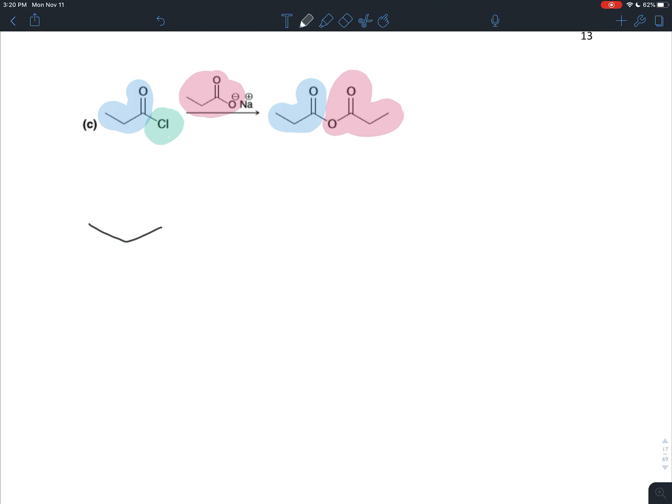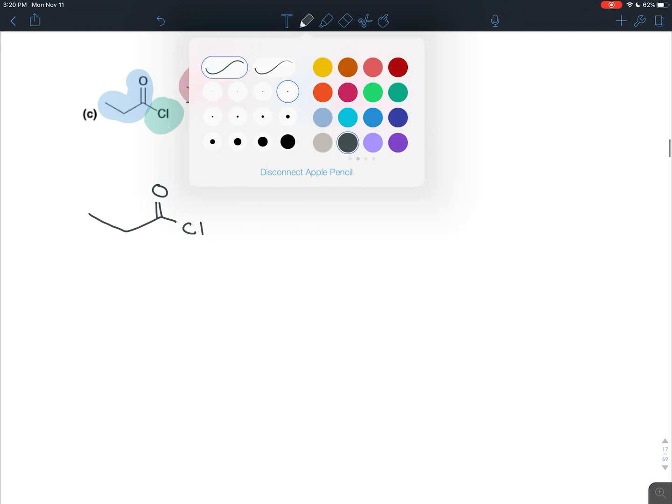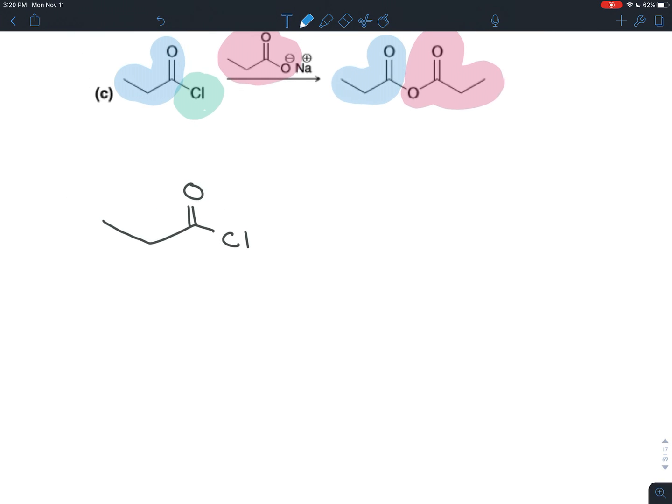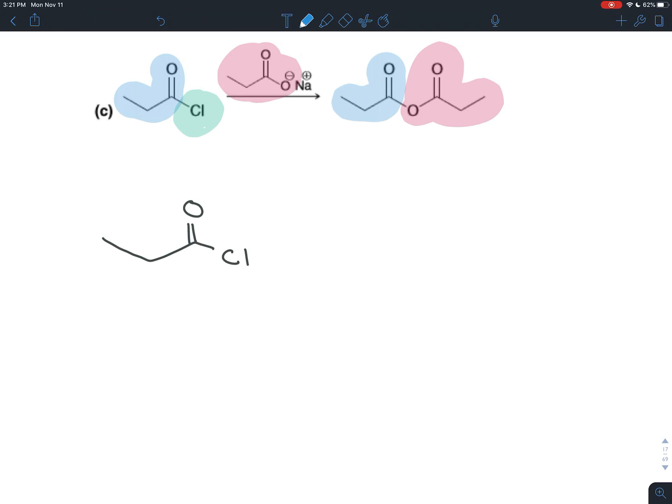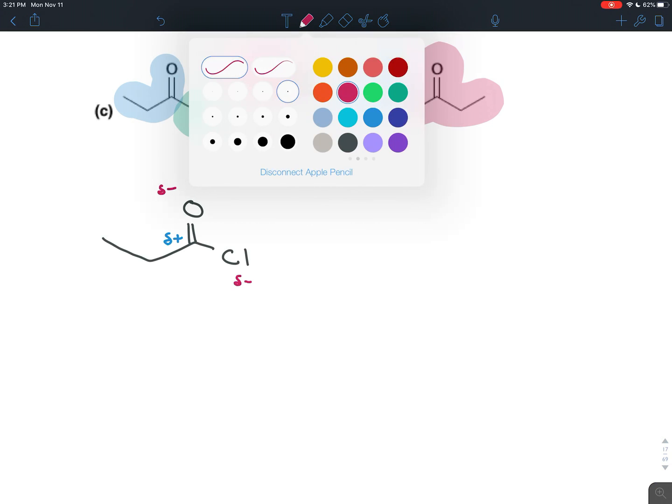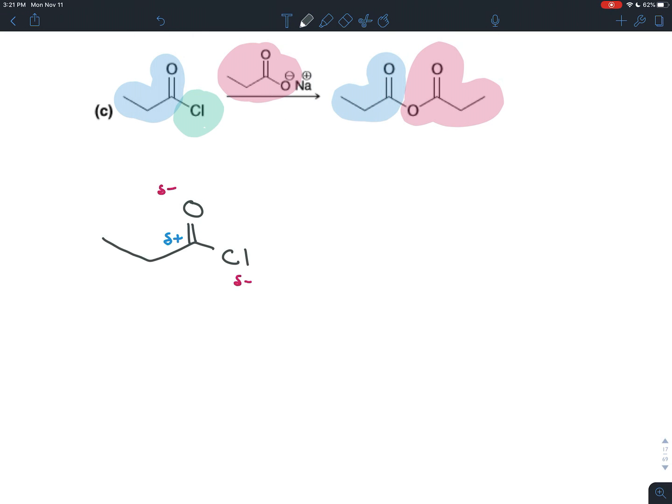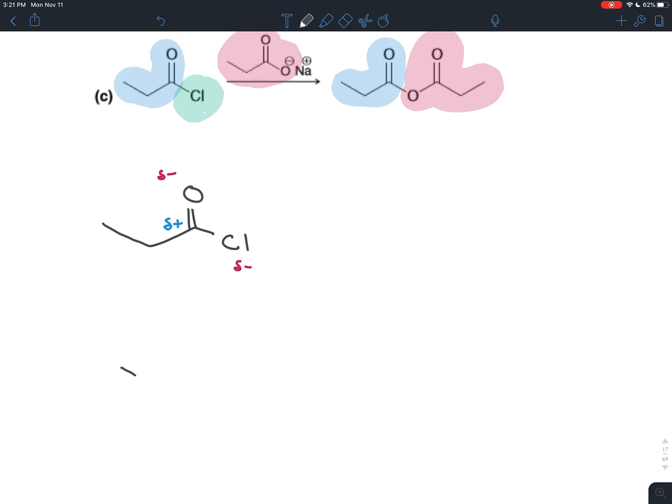Okay, well, we have this acyl chloride, this acid chloride. And the carbonyl carbon, as we've seen with this, acid chlorides are the most reactive of any of the carboxylic acid derivatives because the carbonyl carbon is extremely slightly positive. The oxygen is pulling electrons away from it, the chlorine is pulling electrons away from it, so that carbonyl carbon is very electrophilic. So we can take our nucleophile, which here is this propanoate molecule,